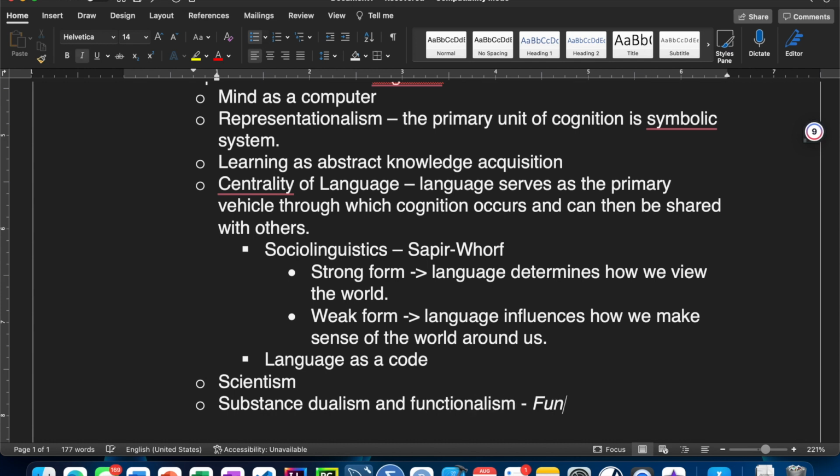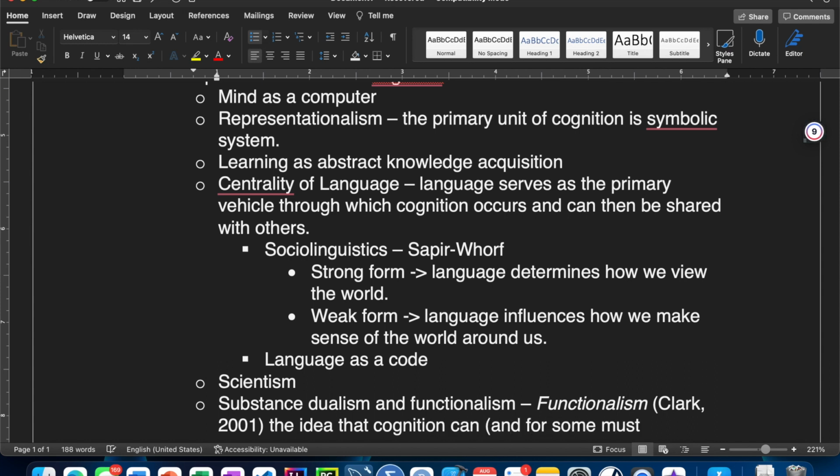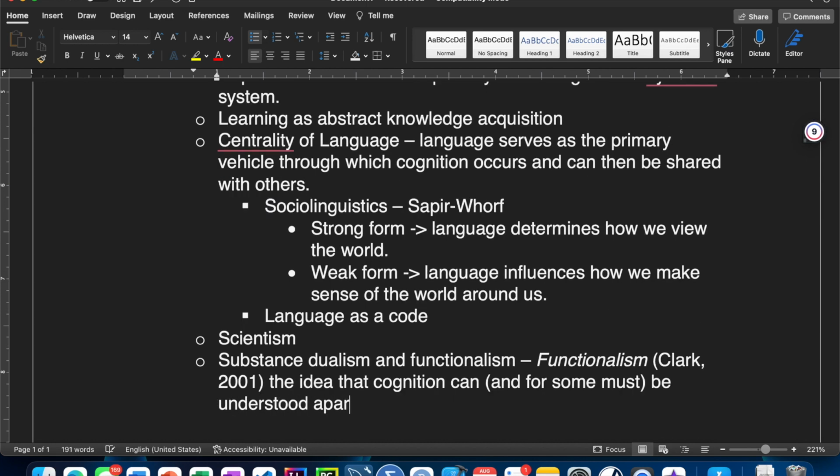Right? So we'll start with functionalism, and for this I'm going to call on the work of Andy Clark, who is a cognitive scientist, right? Who defines functionalism as the idea that cognition can, and for some, must, be understood apart from its physical instantiations. Right? This, if you're familiar with the work of René Descartes, is kind of the ultimate endpoint of the Cartesian divide between mind and body,